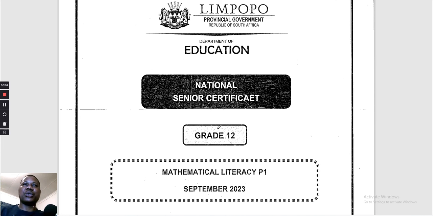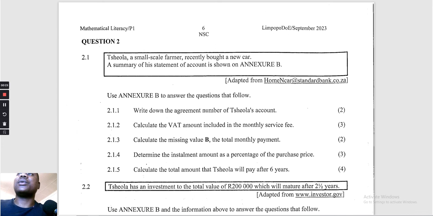This is part 2 of the Limpopo September 2023 examinations. We are doing part number 2 right now with your guy Guru, the best in Maths Lit. Now, I'm not going to waste time. Let's just go to question 2 and see what it has for us. When we land on question number 2, it says